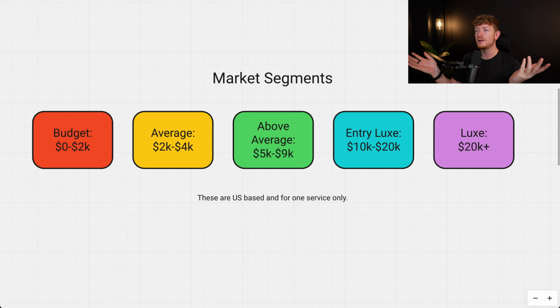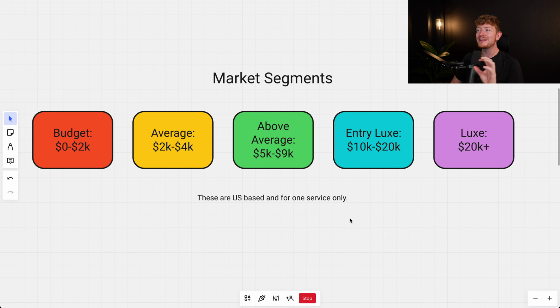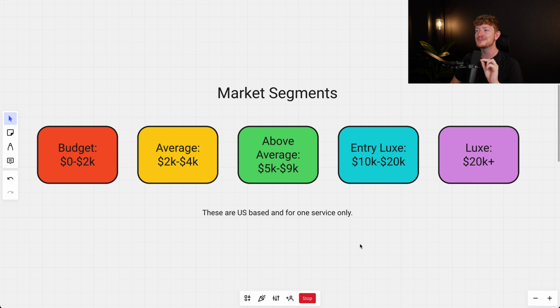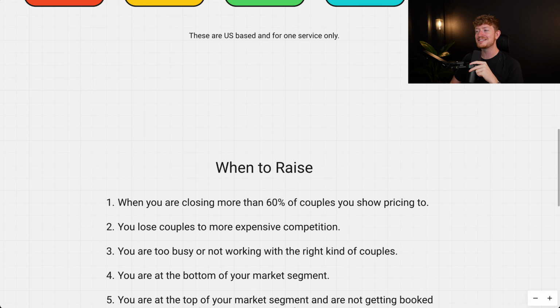If you're somebody who says you're a bad photographer because you charge 2 to 4K, come on. There are so many people who are so much better business owners, who are doing so much more revenue charging 2 to 3K than a lot of the ego people who are charging 10K to 20K. So calm down, check your ego. That doesn't go for most of you, but this is such an annoying thing that I deal with sometimes. And it's very prevalent in the videography industry. I don't know why. But anyway, that's the side rant.